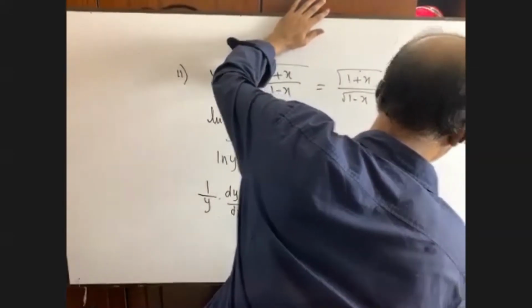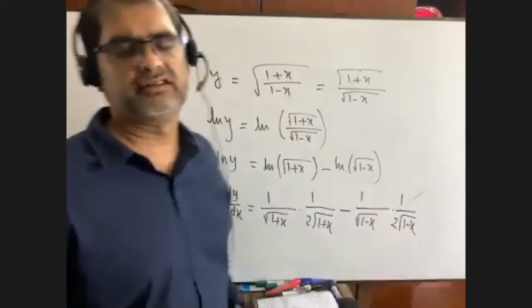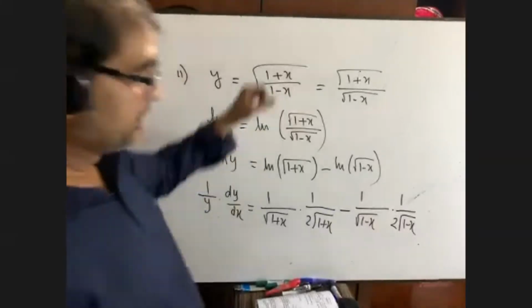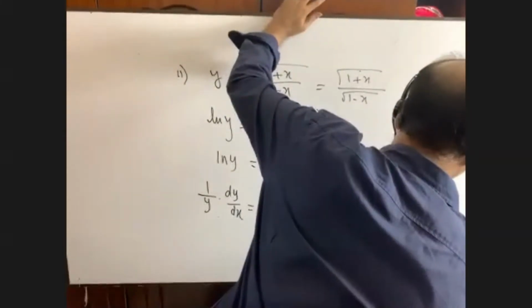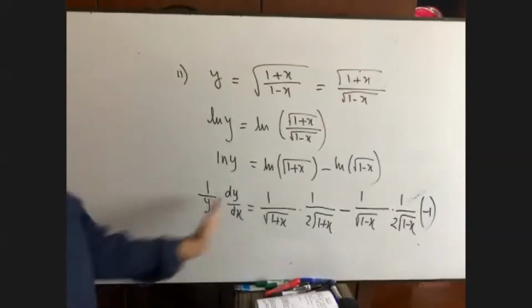Is there anything else? Yes, there is something else because it is minus x. There will be another minus 1. As it is minus x, nothing else. Now you will calculate it at home.